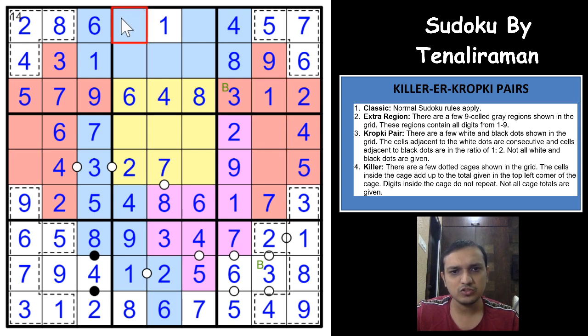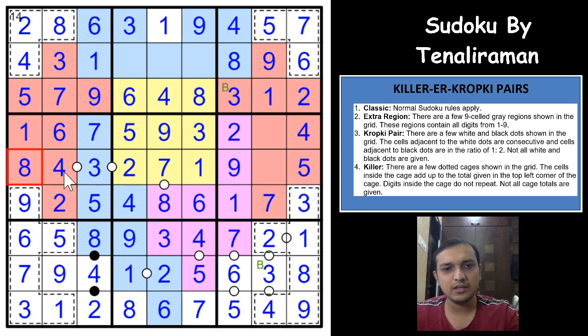Okay, these 2 digits would have to be 9 and 3, right? So this would have to be 3, this would have to be 9. This 9 gives you a 9 here, and these 3 digits are 1, 5 and 8. So this would have to be 5. Okay, sorry, 1, 5 and 3. So this would have to be 5, this would have to be 1 and 3. So this is 1, this is 3.